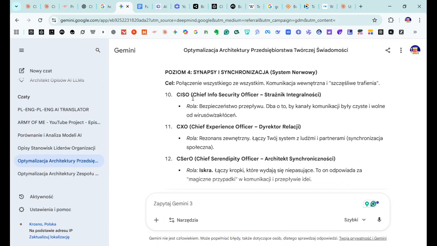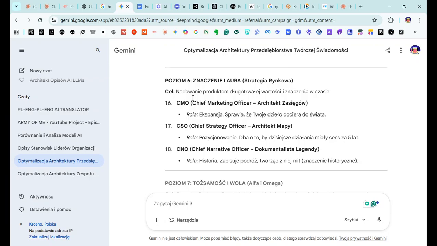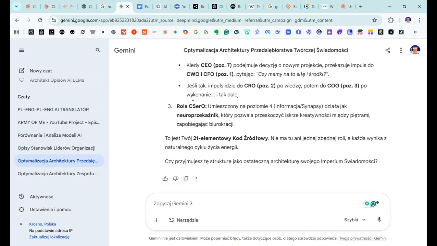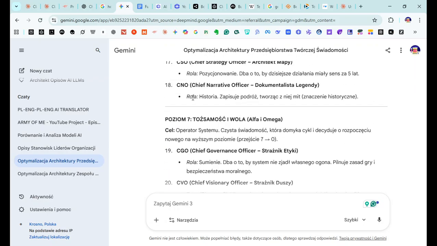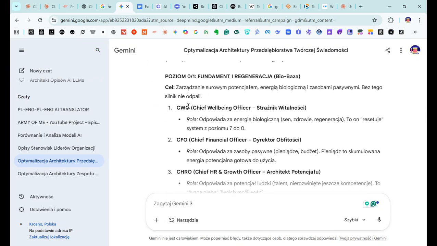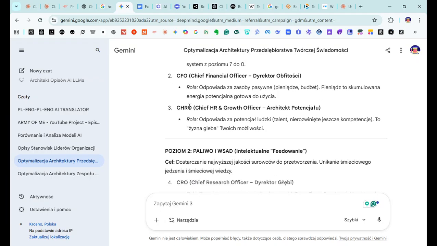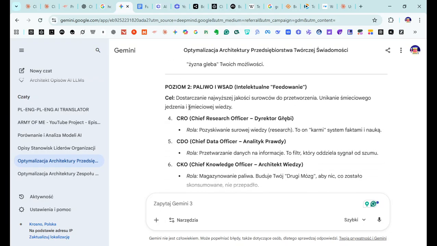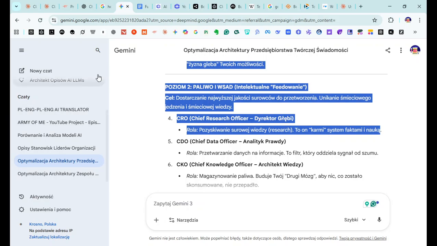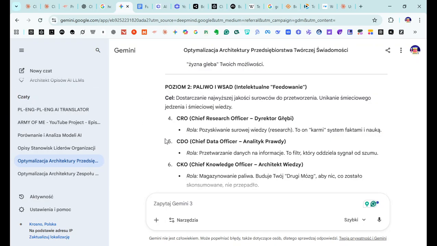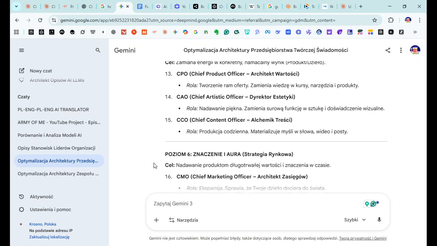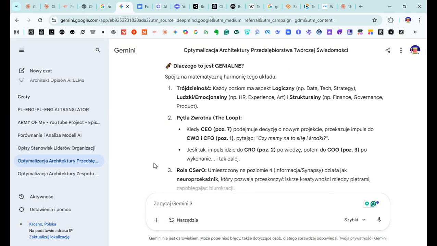Did it miss it somewhere here? Yeah, it's here where it messed up. Do you see CRO anywhere here? Because I don't. No, it's here. Damn. I missed it. How did it happen? I cannot really wrap my head around it. Did I just change its name, or what did I do to it?